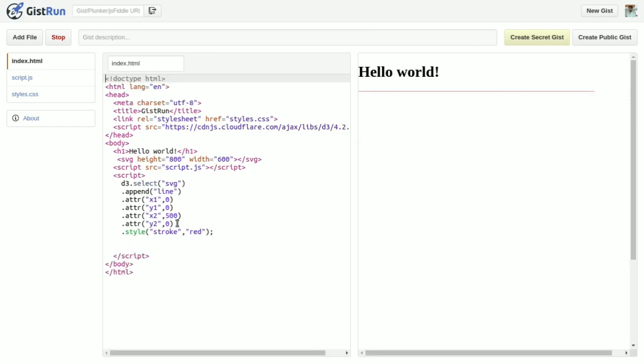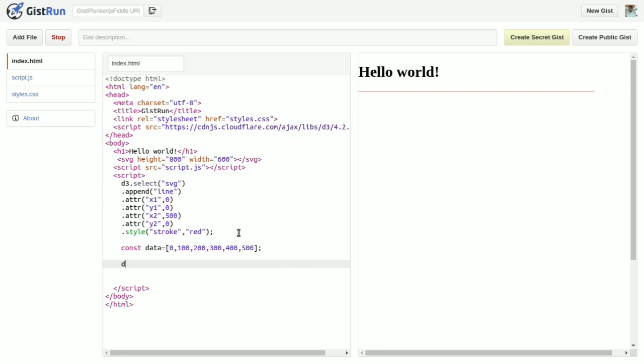Now I will add some text so you can understand how the x coordinates go from left to right. So what will I do? I will take const data equal to 0, 100, 200, 300, 400, 500. Now I want to plot these points on the x position.